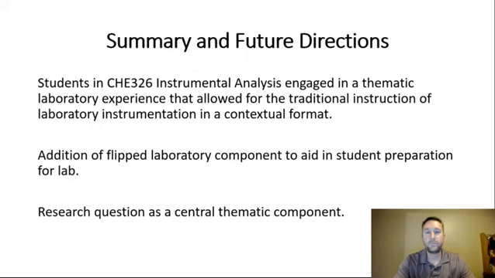But what we're going to be doing in the future is to continue this approach. And I've learned a few things along the way at this point. I'm sure we'll learn a few more as the capstone part finishes up. I would definitely like to add a flipped laboratory component to this where the students are getting a little bit more instruction through recorded videos and demonstrations prior to them coming into the lab, so we can really focus on the instrumentation, use of the instrumentation, and the experiment itself when they get into lab. So we only have 3 hours in a week to do this,